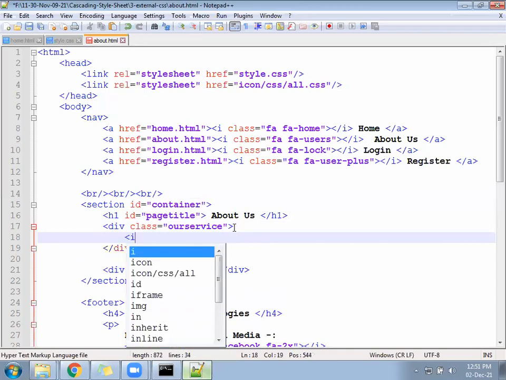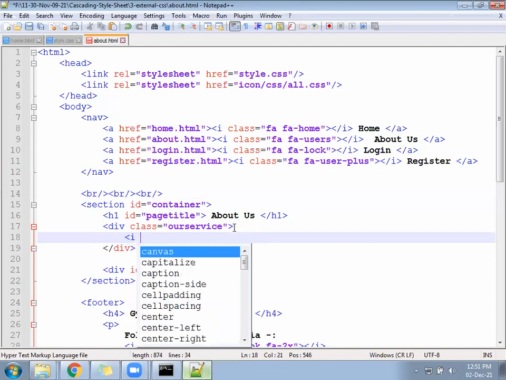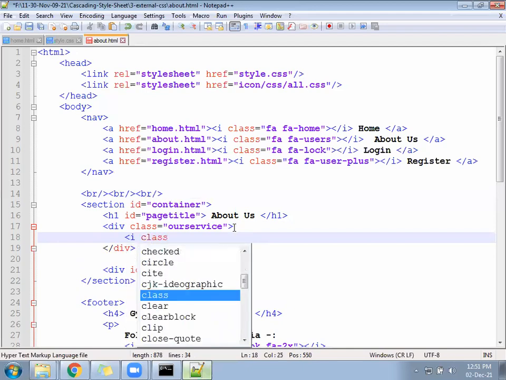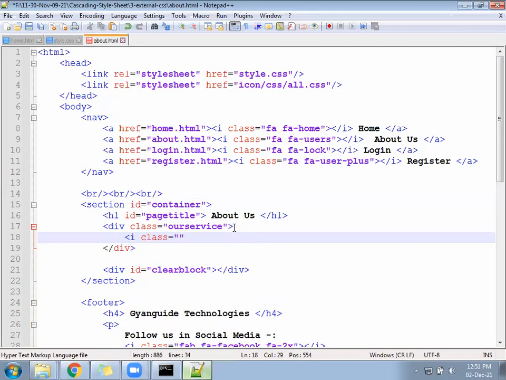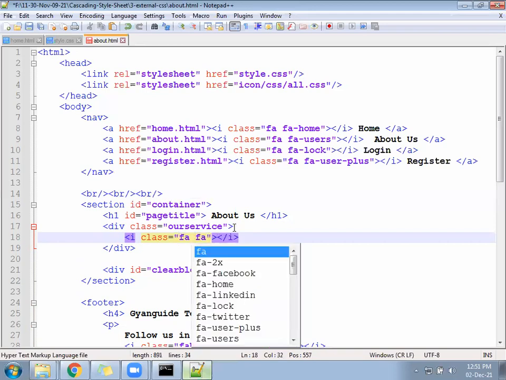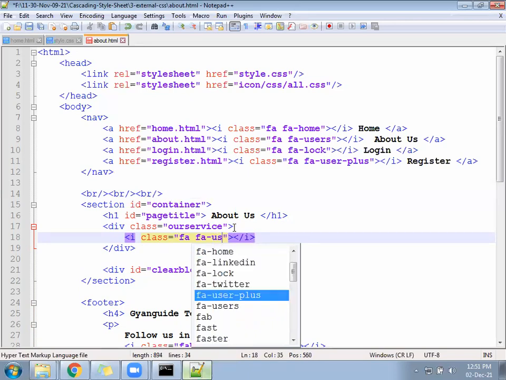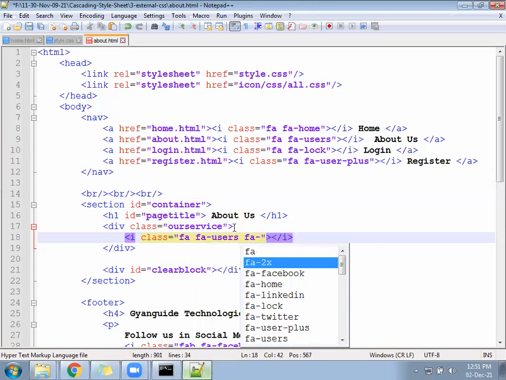Example: FA hyphen, you can keep here call users, and FA hyphen 4x.